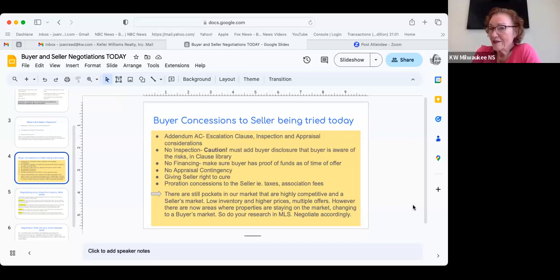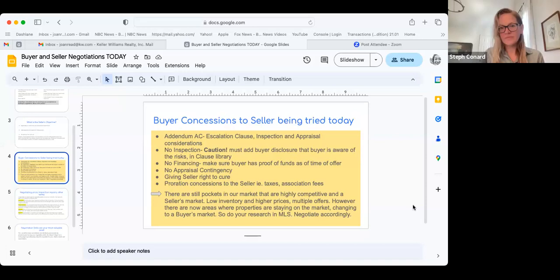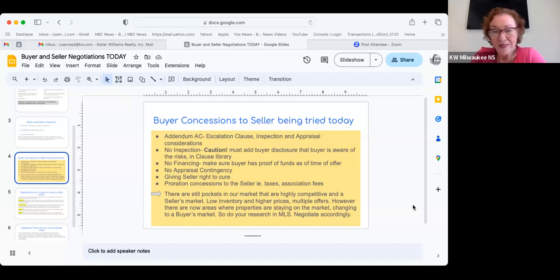That's exactly right. And you know, there's some old thoughts like, oh, I want my offer to be a surprise. I don't want the listing agent to start getting anxious to get more offers if I let him know I'm writing an offer, blah, blah, blah. What Steph said is really smart today. Talk to the listing agent before you write. When would be the optimum time for the seller to close? How much leeway does the seller have in occupancy and things like that? Knowing that, you can help your buyer write a much more competitive offer. Good, thanks, Steph.